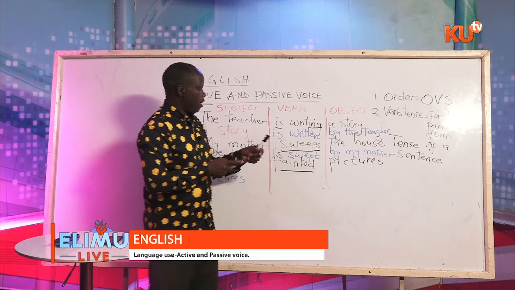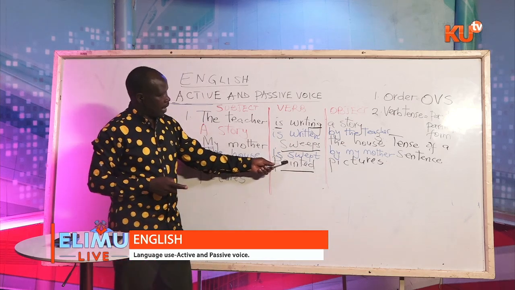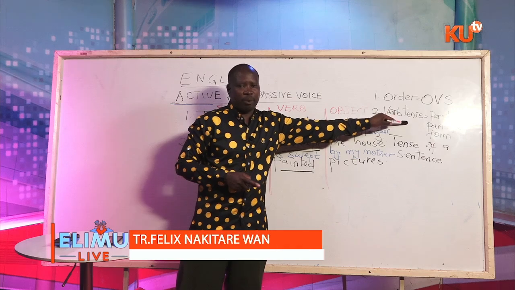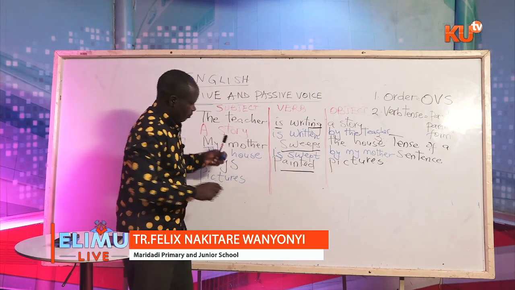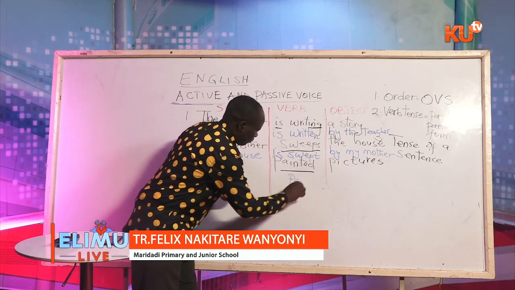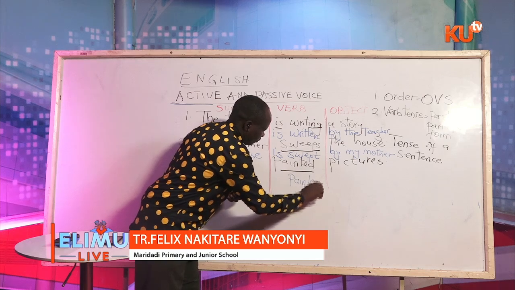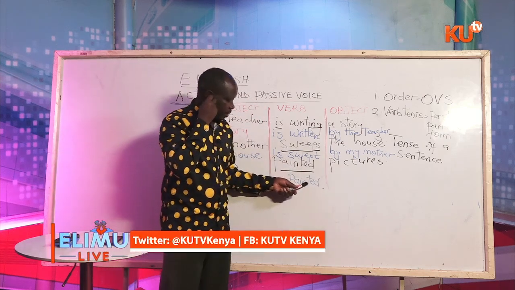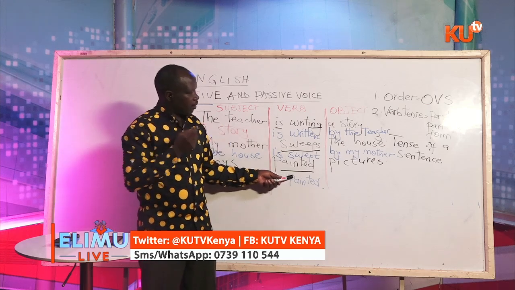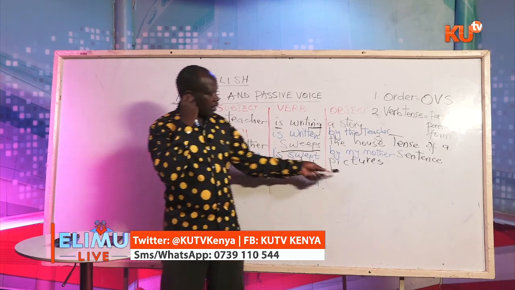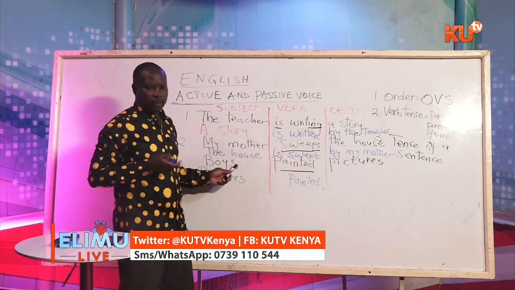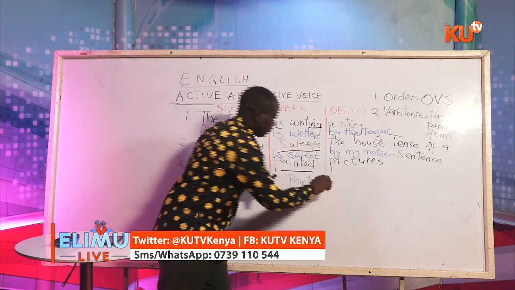Then followed by verb, painted. And remember, the verb must be written in past participle form. That is our verb written in past participle form. Then we come to subject. We bring the subject here, boys. So we shall have